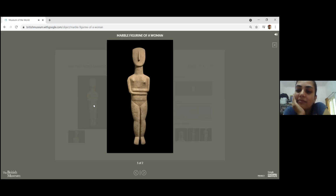By the early 20th century, attitudes had begun to change. The simplicity of this figure actually attracted modern artists such as Brancusi and Picasso, who were looking for different models on which to base their art. As a result, this figurine started to become seen as somewhere near the origin of art and perhaps a different beginning for modern artists such as these. And as a result, its value increased in the art market,